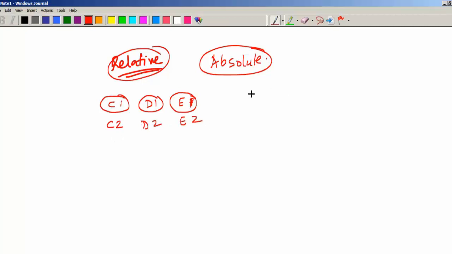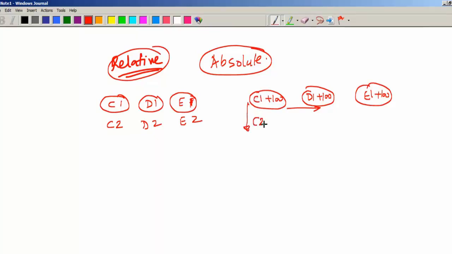Now I want to add 100 to whatever the value is in C1. If I drag it, this value will be D1 plus 100, and this value will be E1 plus 100. So when you add C1 with 100 and drag it, it will become like this. And when you drag it down, this C1 will change to C2 plus 100. So from C you are moving to D, but this 1 is remaining constant. From D you are moving to E.